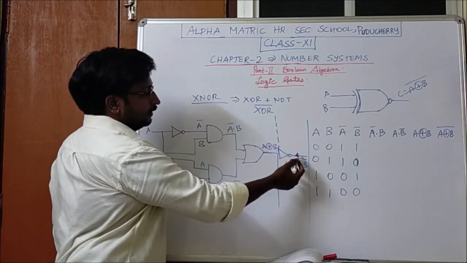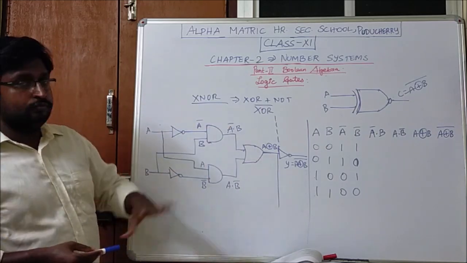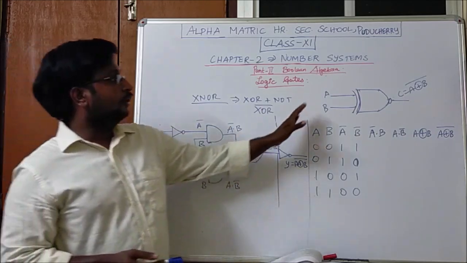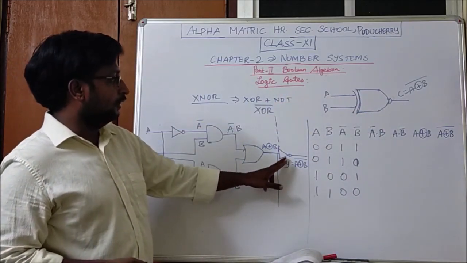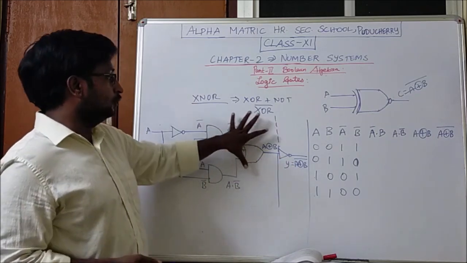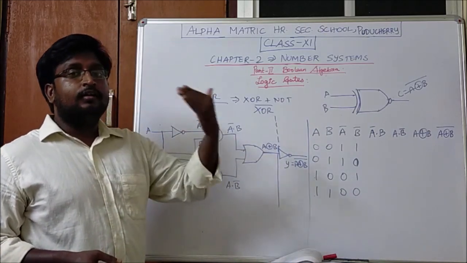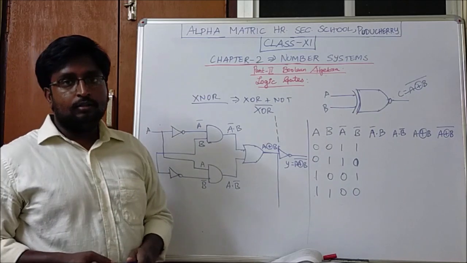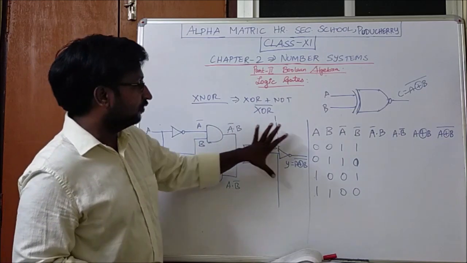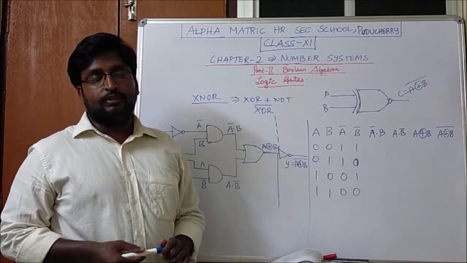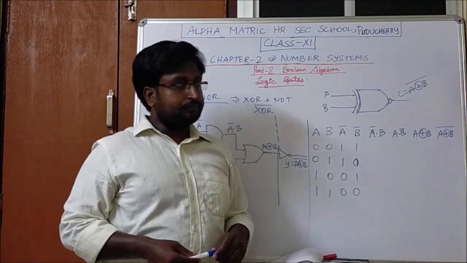And the last, you are just using a NOT gate. So this is the logical circuit of the XNOR gate. In the logical symbol you will be using a bubble after the XOR gate, because we are just inverting. After doing the XOR operation we are just inverting the result, not inverting the inputs and doing the XOR operation. First we have to do the XOR operation and then finally we have to do the inversion operation using the NOT gate. That's why we have mentioned the bubble after the XOR gate.